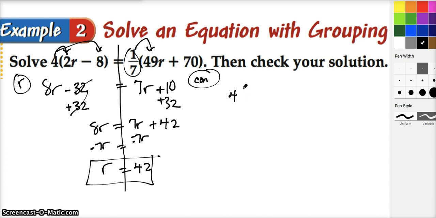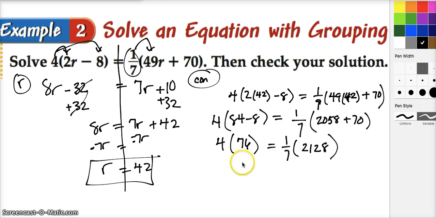Remember, when we check, we're just going to replace the variable with our supposed solution. And so that's all I'm doing here. 49 times r, which is 42. Golly gee willikers, what a big number. But we're tough, we can do it. Plus 70. And this is all in parentheses. Okay, so we've reached this point where these two multiplied together is 2,058, and then add 70, we